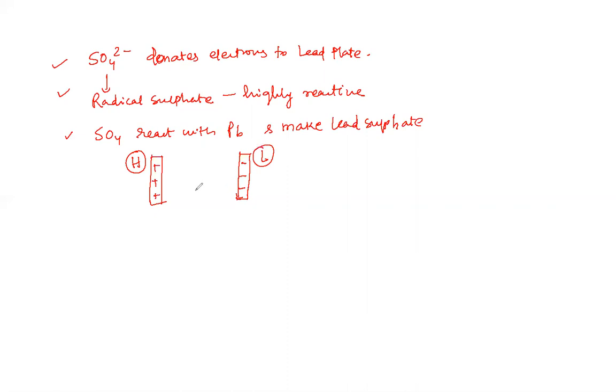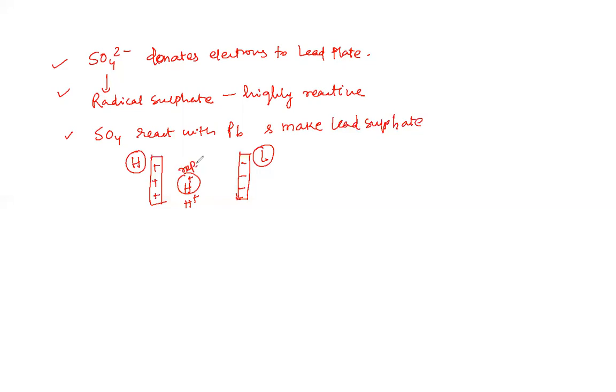Now what will happen? The potential difference increases continuously, but at a point it has increased to such an extent that it has become highly positive. So even though the H plus is getting created, now this H plus is not able to reach the left plate, rather it is going to be repelled by the left side of the plate.